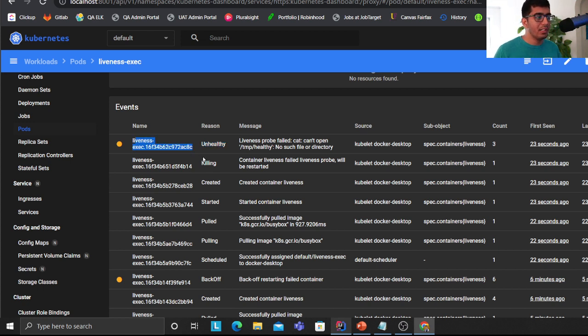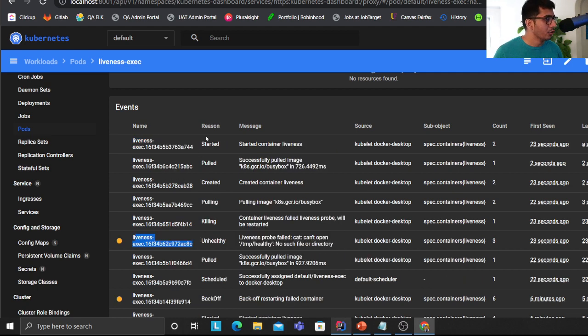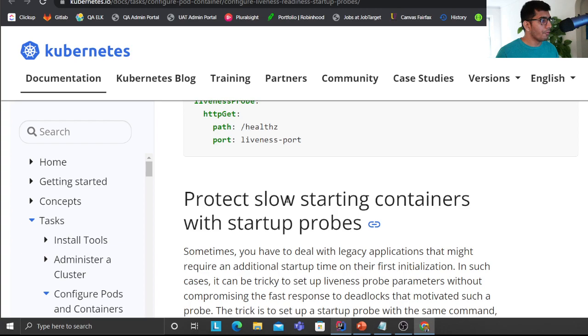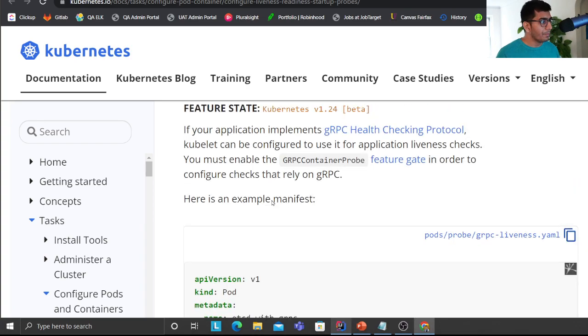So this is a very great example which shows you a very nice use case of liveness probe, right? So again, started, right? We are back again, right? You see how it's checking after an interval, and if something goes wrong, it will do the orchestration for us, right? So now if we come back to the official website of Kubernetes, this example is given here